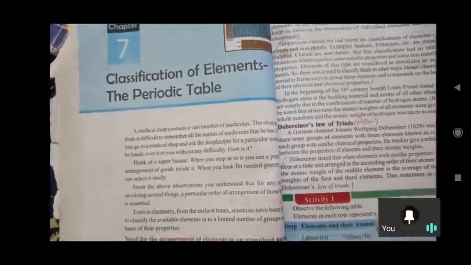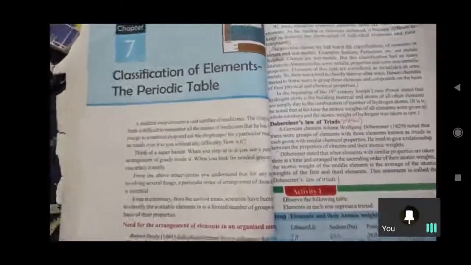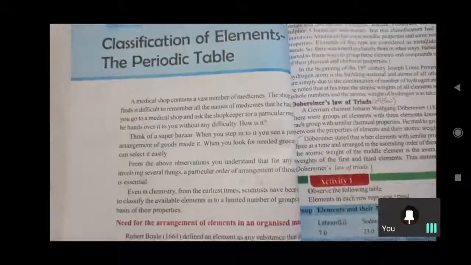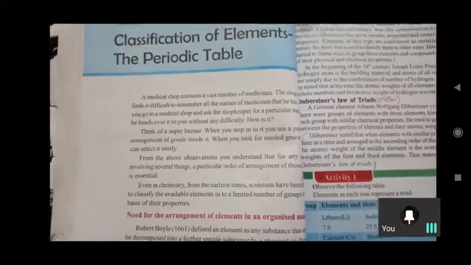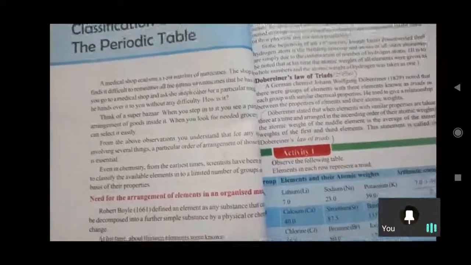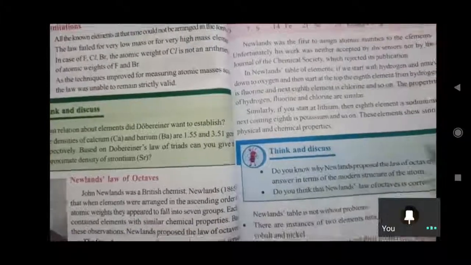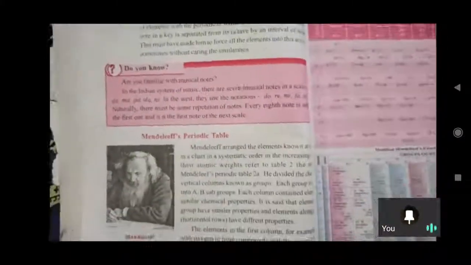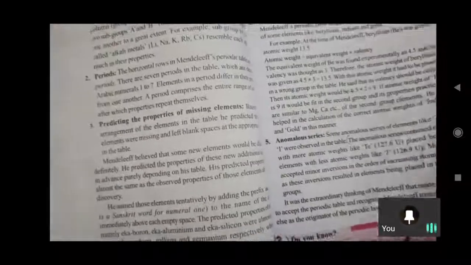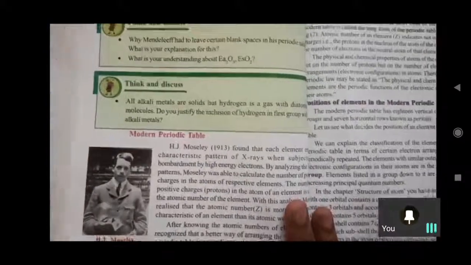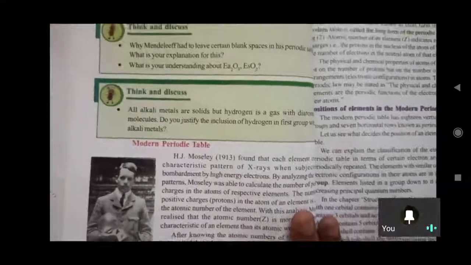So from this we can understand, I'll give first introduction. From this we can understand how the elements are arranged in that manner and how the modern periodic table came into consideration. Before that, who are the persons who invented their own plans on this periodic table arrangement, how they worked a lot, and how those are useful for the modern periodic table, and Döbereiner's and Newlands' octaves rule, and on the basis of that only Mendeleev's periodic table. And the next one is the modern periodic table, how that modern periodic table came into consideration, what are the ideas, and how the previous periodic tables helped the modern periodic table.